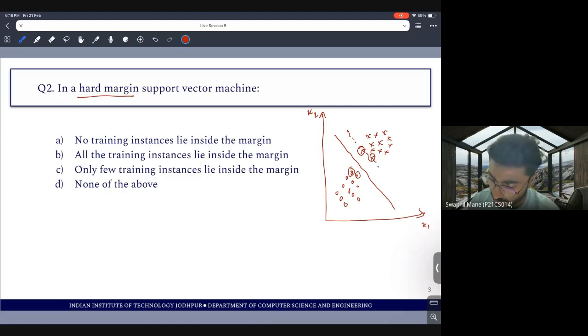And this is our marginal plane, which is passing through these support vectors, right? So this is the hyperplane, this is our marginal plane,